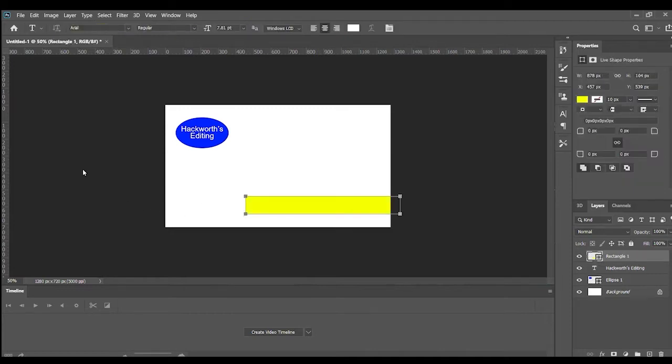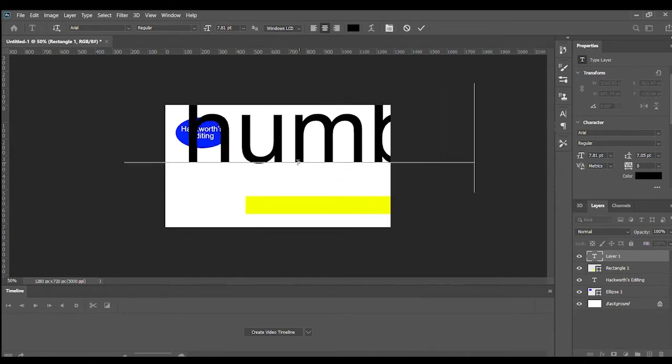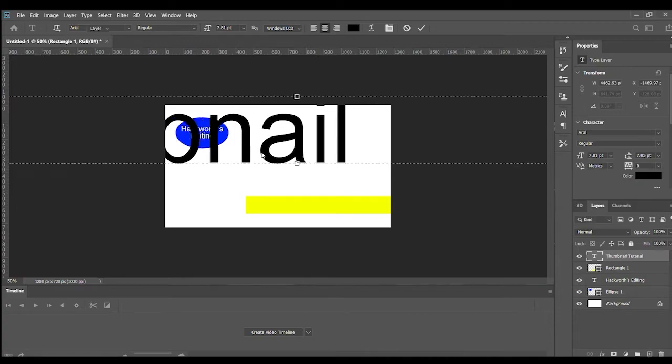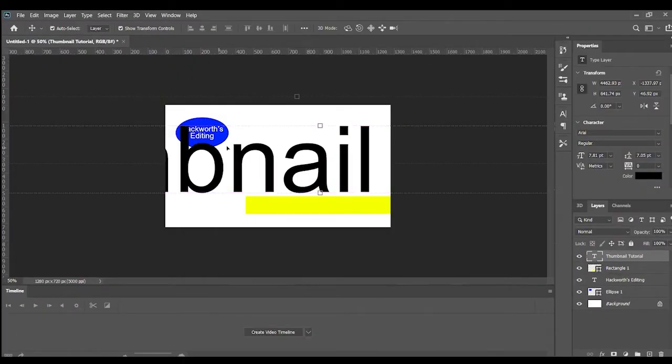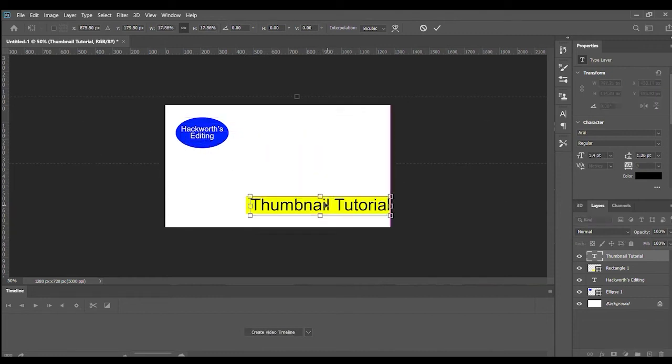Now we're going to do another type of text, but this time use a black text. I'm going to call this a thumbnail tutorial. Now these layers right here, every time you type something and press enter, they will go from Layer 1 to whatever you've typed, like thumbnail tutorial, for example. I'm going to use the words thumbnail and tutorial as an example of this episode,